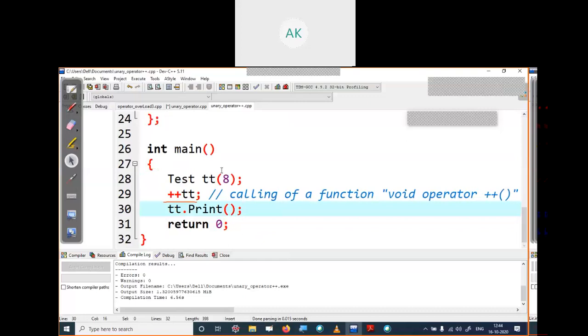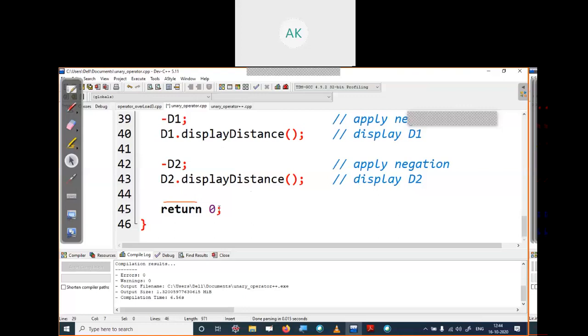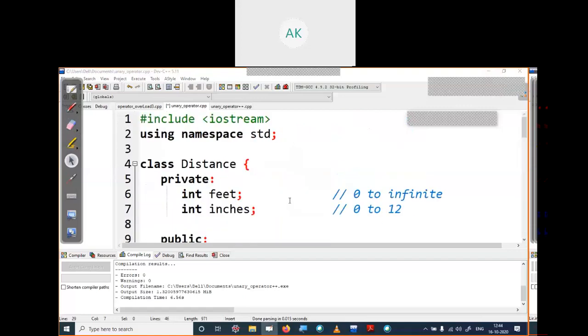Now see one more example for the unary operator. Again, in this unary operator, we will overload a subtract operation. Subtraction is also a unary operator, as well as a binary operator, but we will use subtract as a unary operator. Okay. So in this program, again, I just